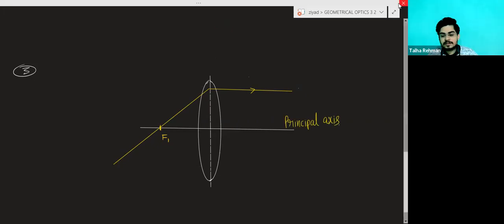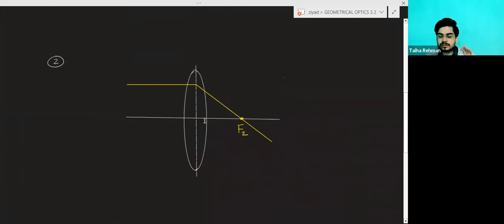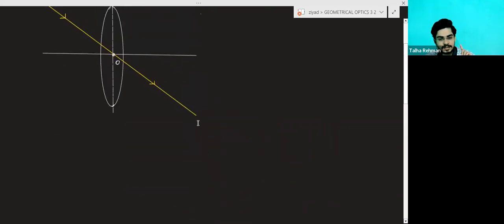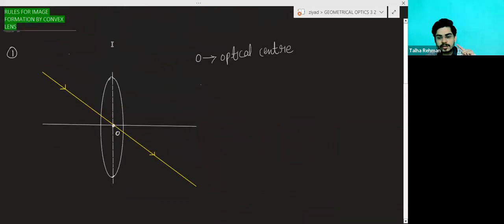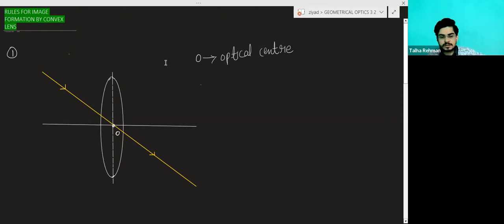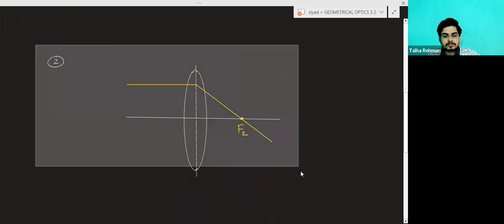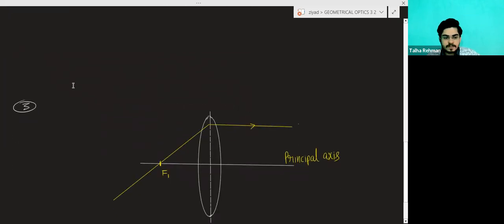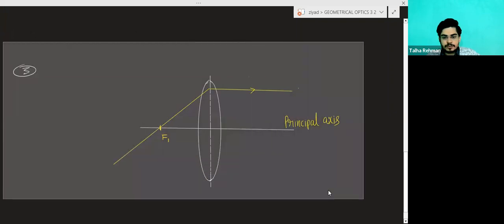So basically, these are the three rules, and we will only use two rules, this one and this one, for the image formation for the convex lens. So we will place the object at different positions in front of the convex lens, and we will see what type of image will be formed: real, inverted, virtual, erect, larger than the object, or smaller than the object. We will see different types of images. Now we will discuss the image formation. So first, just take the screenshot,